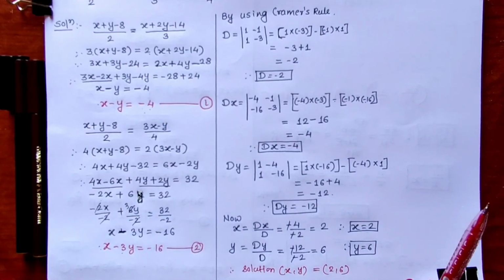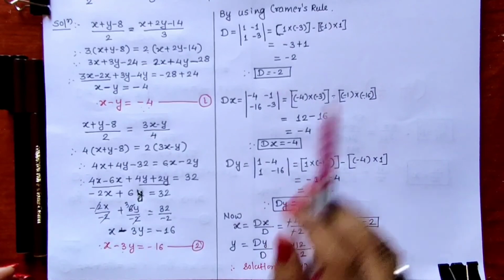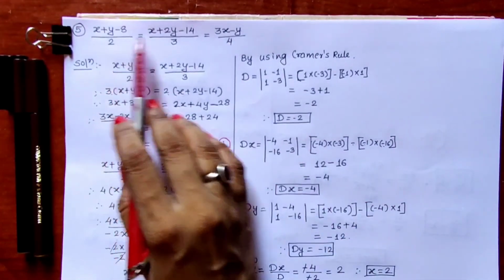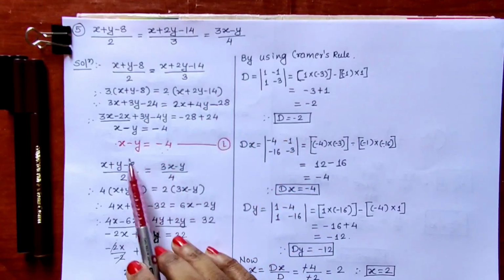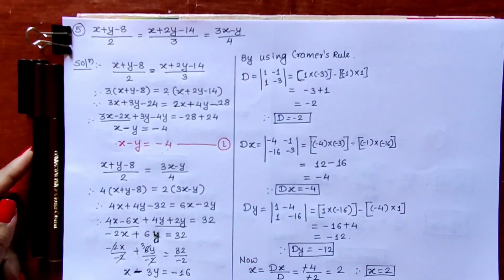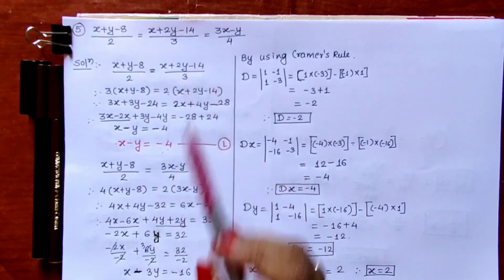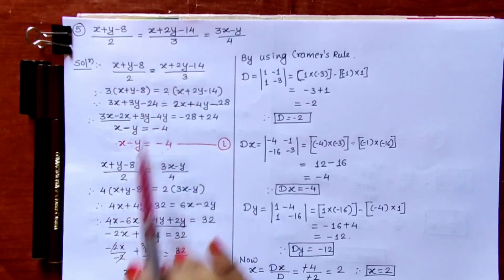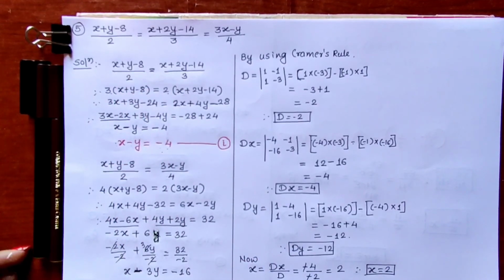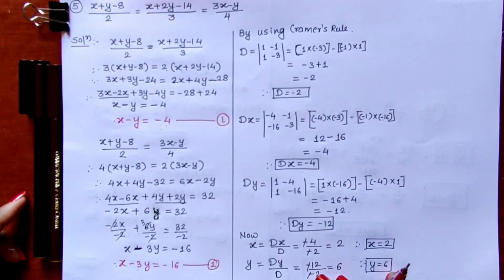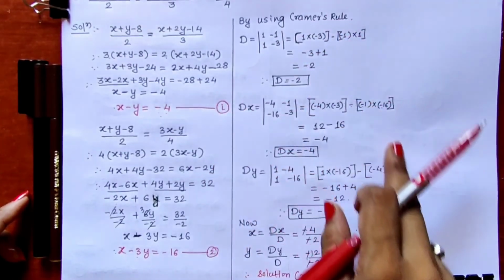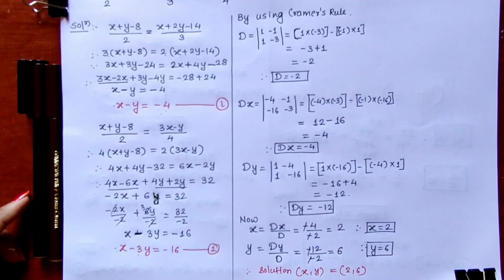So in this way, when the equation is given in the format of expressions, 3 equal expressions, we have to form these two linear equations in two variables, by using first and second expression and then first and third expression. You can use any two expressions to get these two linear equations in two variables, and then we can apply the Cramer's rule as usual to solve our sum. So here in this video we have solved question number 4 and 5. This is part 2 of problem set 1.